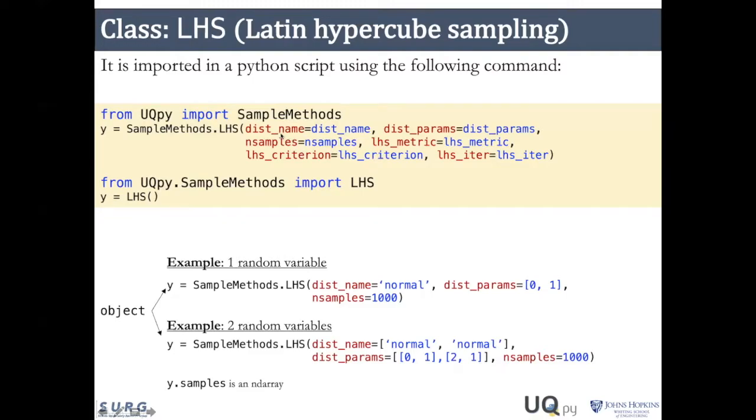Now, as I mentioned, we have some parameters that need to be provided, like the distribution name, the distribution parameters, and the number of samples. The other parameters, in this case the LHS metric, the LHS criterion, and the LHS iteration, are optional, and the user is not required to provide them. So, for example, here we can provide only the distribution name, the distribution parameters, and the number of samples. This is the case where we have one random variable. As you can see, it's the same way the MCS class is used,